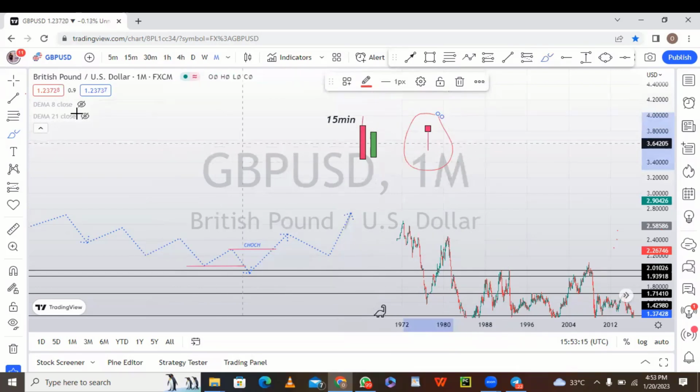In a similar way, what I'm trying to explain is that in whatever time frame you find yourself, if you combine 2 or more candles together, they are going to give you a particular candle on the next time frame. For example, if I have 2 candles on the 30 minutes, I should have a picture of how the candles will look when I scale up to the 1 hour. The reason why I'm explaining all of this is so you should be able to navigate within your time frames, especially the concept of multi-time frame analysis. So you have to understand how you can use the different time frames that you have.